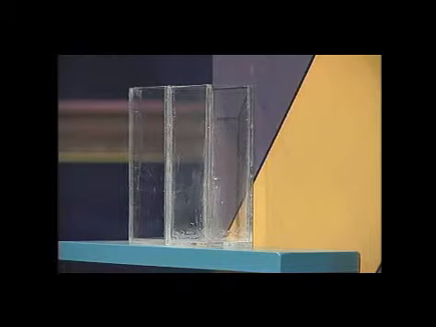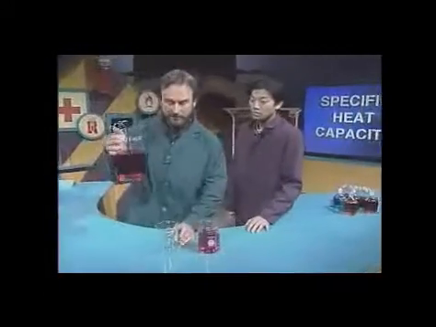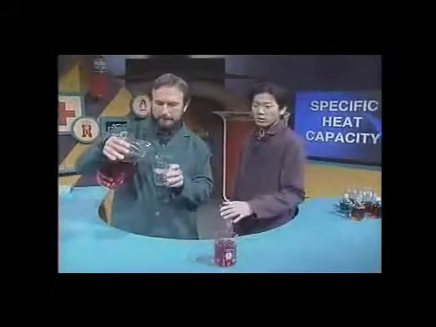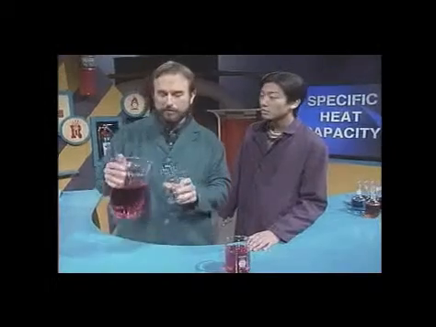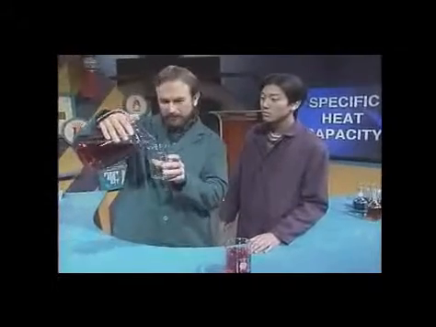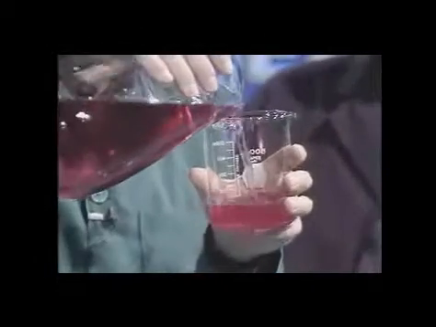But gee, I've got a simple little analogy here that might shed some light on the matter. I've got two different containers, and one's going to represent iron and the other water. So what do we know about the iron and the water? Well, they both have the same mass. Exactly. And this colored water is going to represent the energy that I'm going to add to both. But we don't know the amount of energy absorbed by each substance. That's true. We don't know the specific quantity of energy absorbed by either the iron or the water, but we know something is comparatively true.